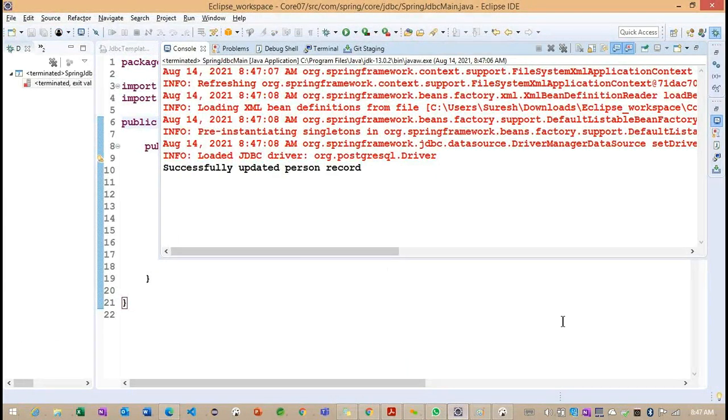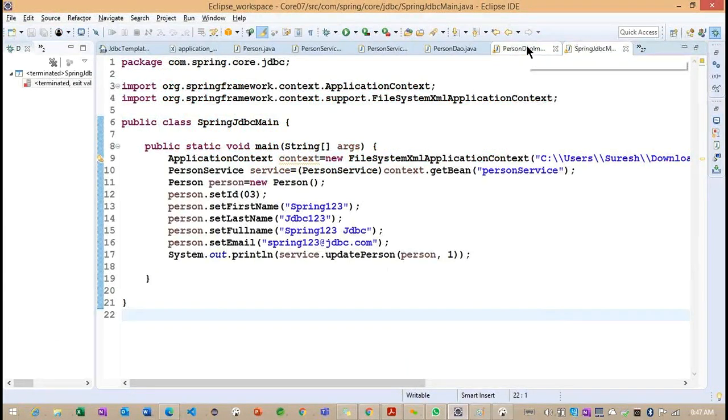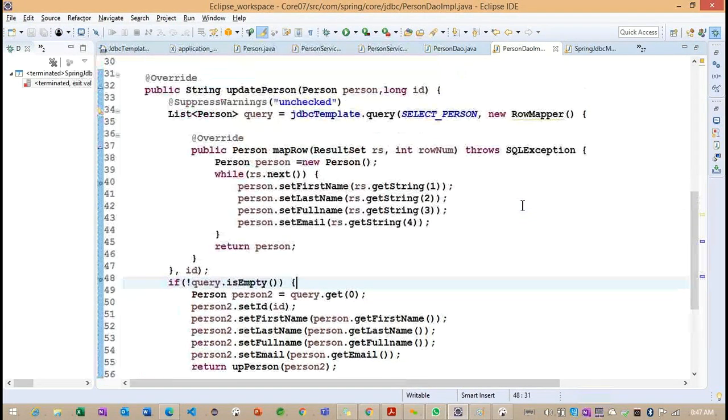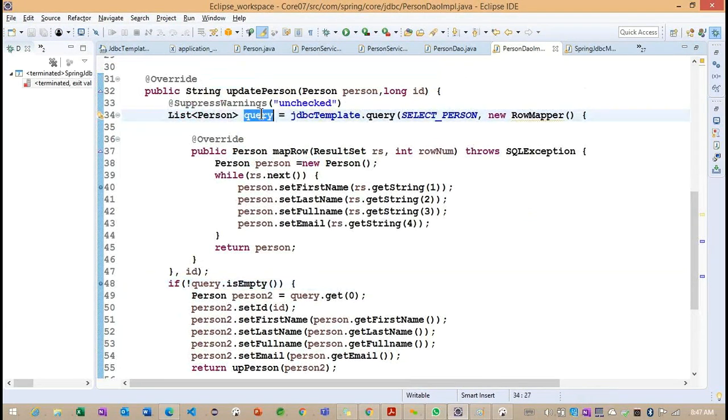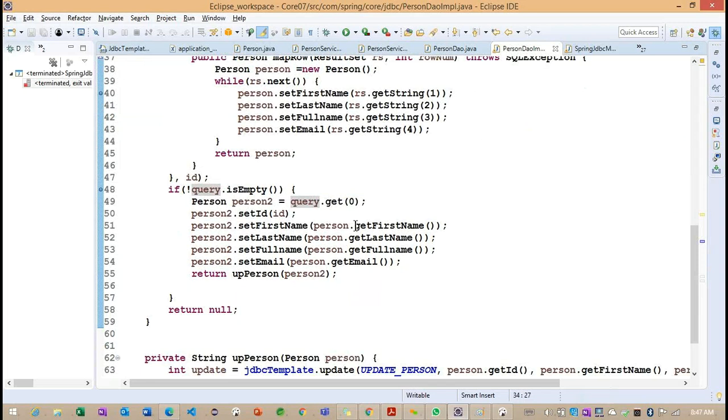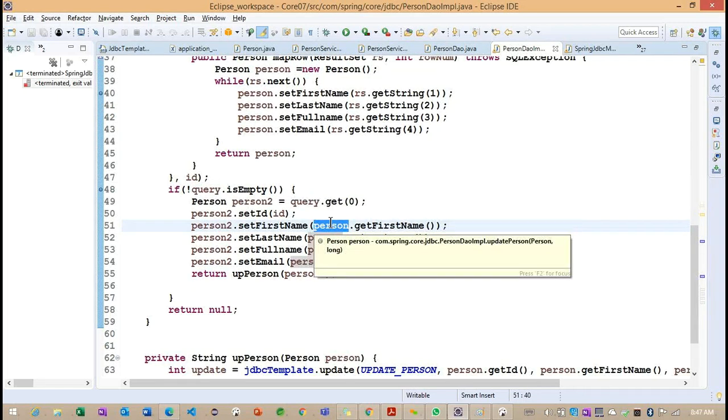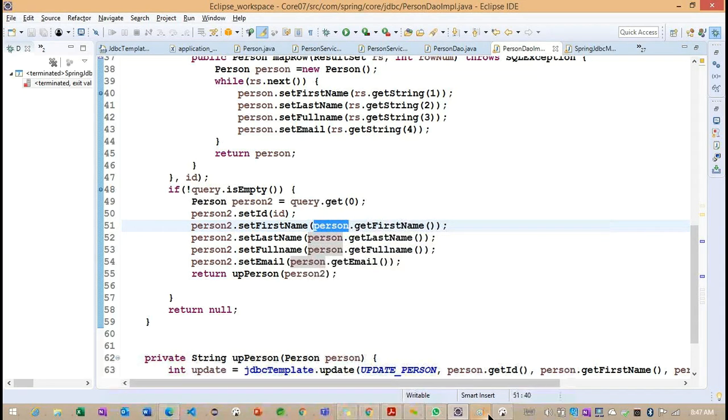Getting the point. So any questions regarding this particular update here? Only the two changes we made here. First, we are trying to load the record. Based on this loading, we are overriding the values with a given newly created object here. With the help of this newly created object, we are updating the records. Again, we are calling to insert the records here.